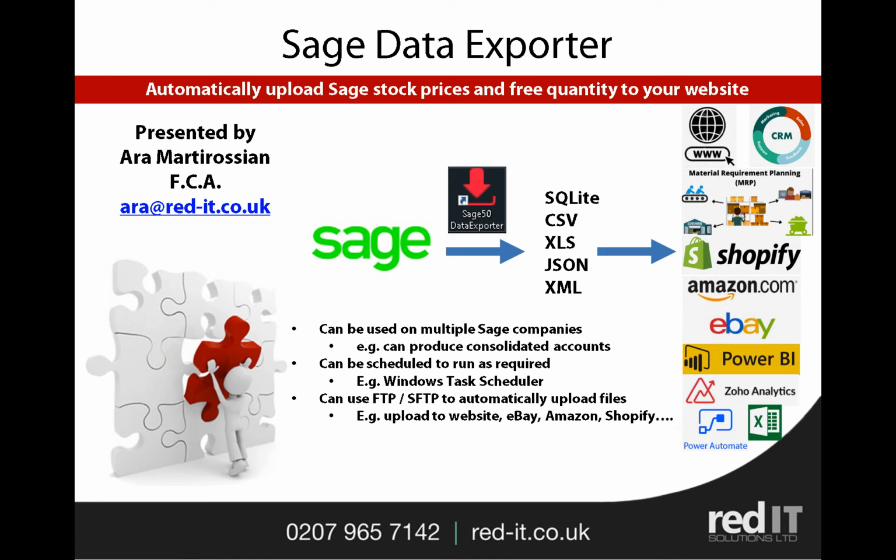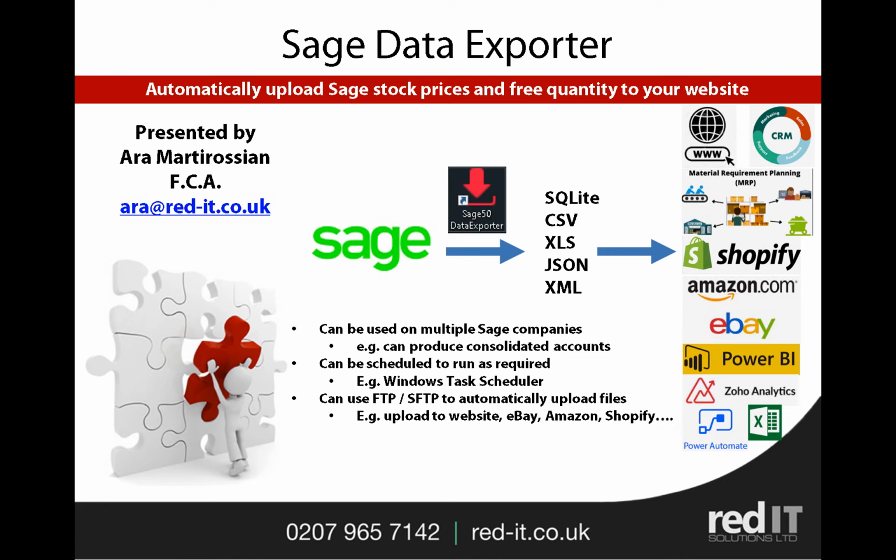It's much quicker than the normal things like ODBC and so on. And it can export the data in different formats. The most common format used for integration is a CSV format, or comma separated values. But it also allows you to export things in Excel format, JSON, XML and SQLite, which we'll talk about a bit later. It can be used on multiple Sage companies, so it's ideal for people who need to produce consolidated